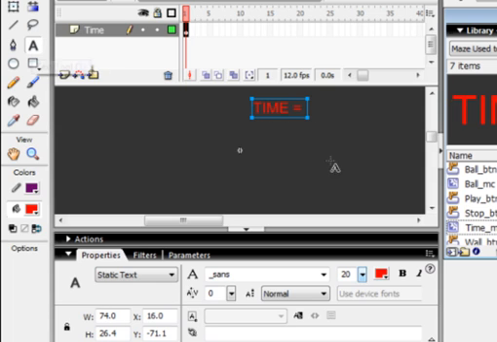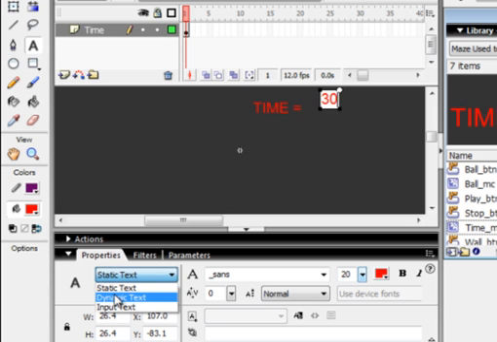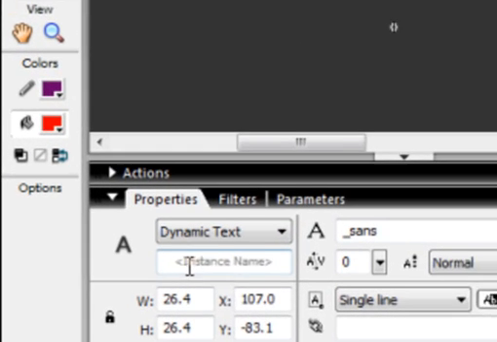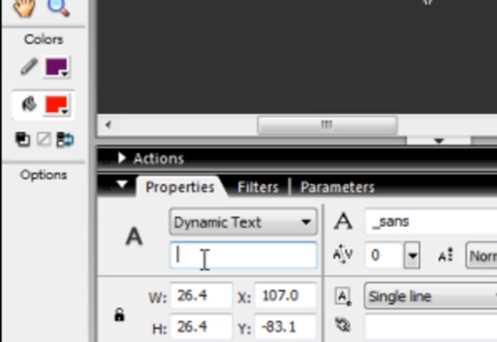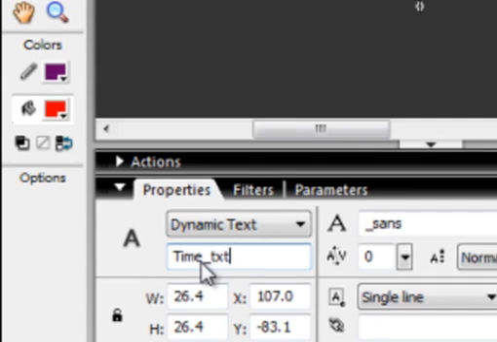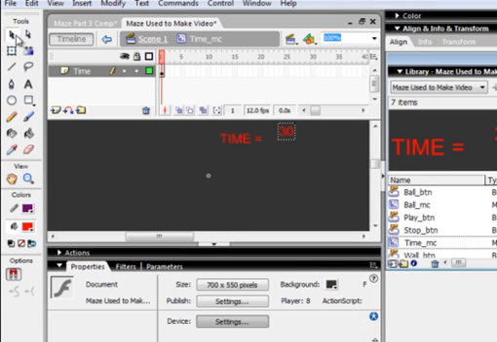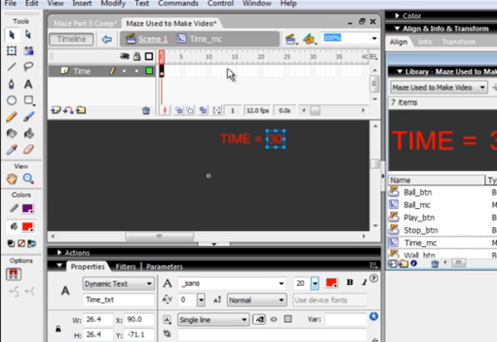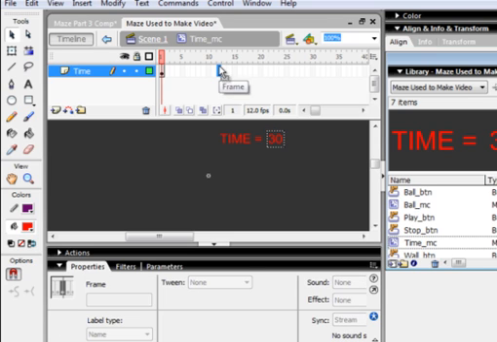Pick up another text box, same size font, put in 30. Make sure this is a dynamic text. I want to write script on it, and we're going to give it the same name, time underscore txt, time text. And with your selection tool, just bring that in line like that. Go to frame 12, insert a keyframe,